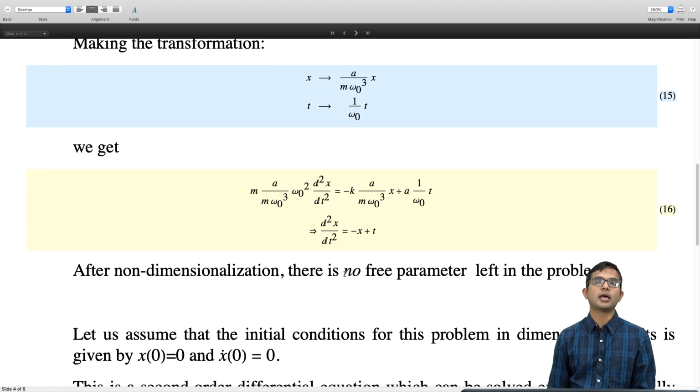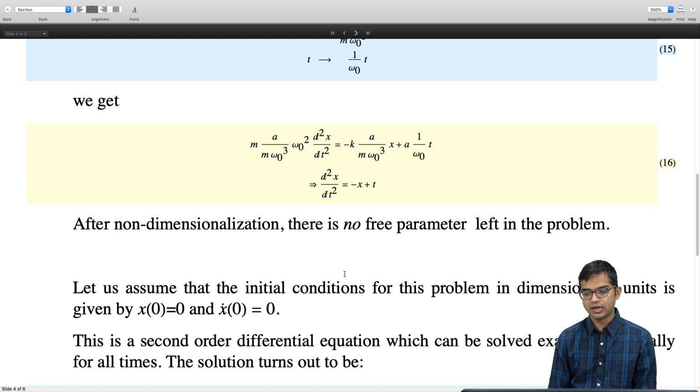Okay, so we have already taken x of 0 to be 0 and x dot of 0 to be 0. It's not an issue because this external force is anyway going to kick it out of its initial position. If you did not have an external force and you took this form, then it would be a dull problem and it would just lie there on the origin forever.